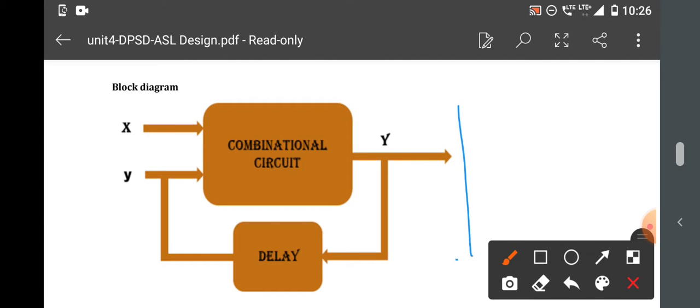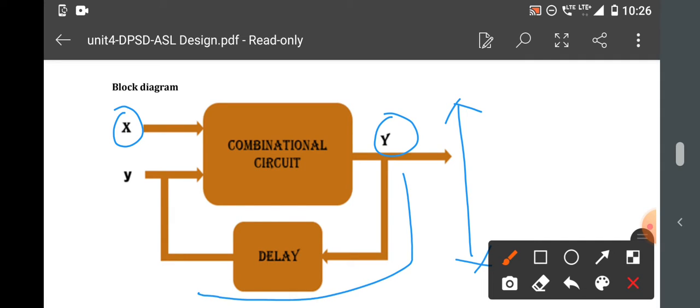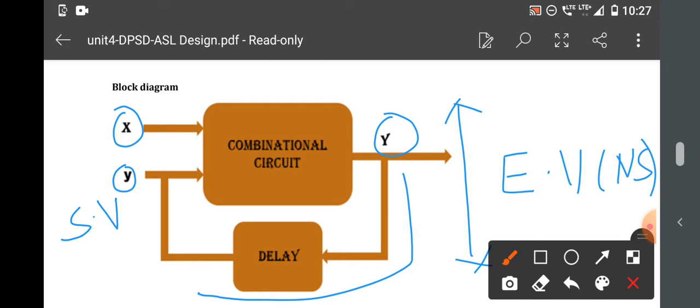This is how we represent an asynchronous logical block diagram. We have input variable X, output Y. The feedback element is provided by the delay network. The input to the delay network feedback element, we call it the excitation variable, or in other words, the next state. The output from the delay network, which provides feedback to the combinational circuit, we designate by small y, which is called the secondary variable or present state condition.